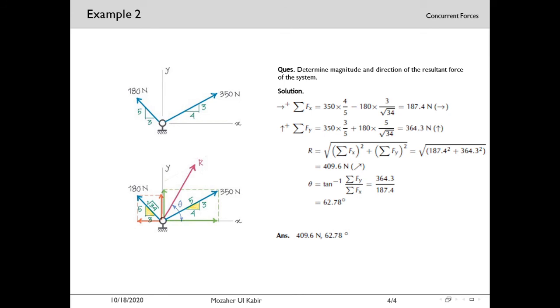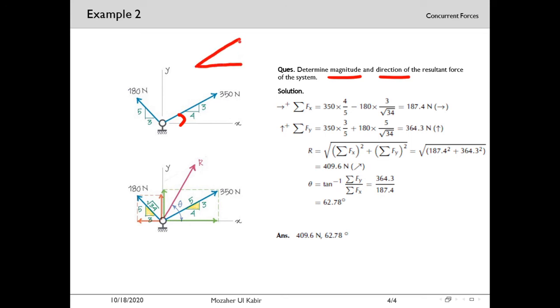Now in our example 2, we have been asked to do the same thing once again, but it's a simplified one: the magnitude and direction of the resultant force of the system. You need to try this example too at your home. But the thing I just want to mention is that here the angle is not given, so you can easily calculate the angle from this slope. The slope is given as 3:4. That means